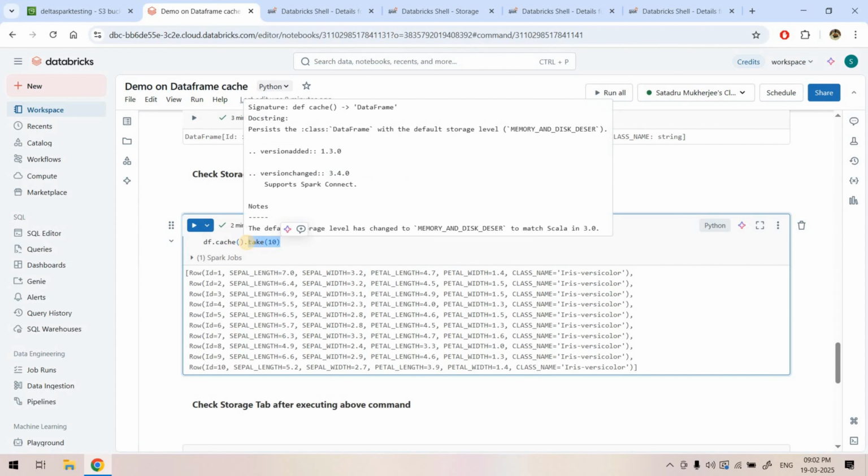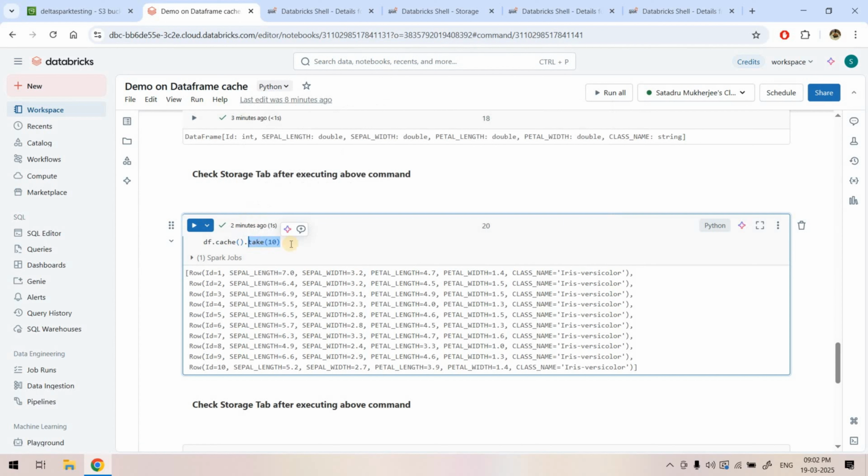.take action. Because how .take generally works is, it first tries to read one partition. Suppose in that partition there are 20 records and you are applying .take of 10. That means the 10 records you will get from the first partition itself, because within that partition we have 20 records, right? So it will not read another partition. But suppose in a partition you have 20 records and you are applying .take of 30. At that time the first 20 records it will take from one partition, and for the next 10 records it will go to another